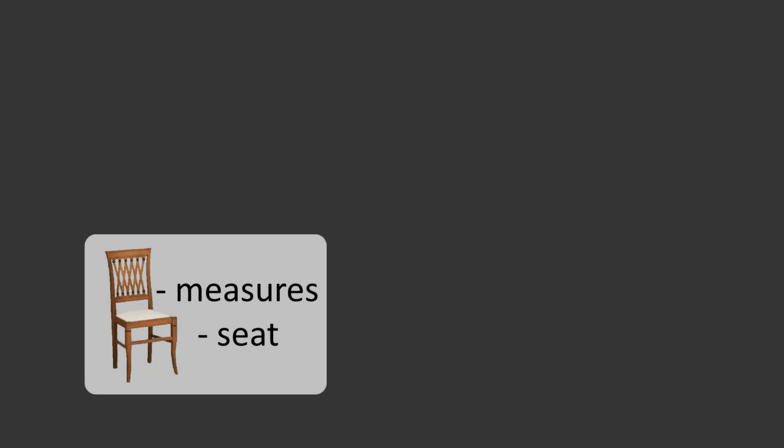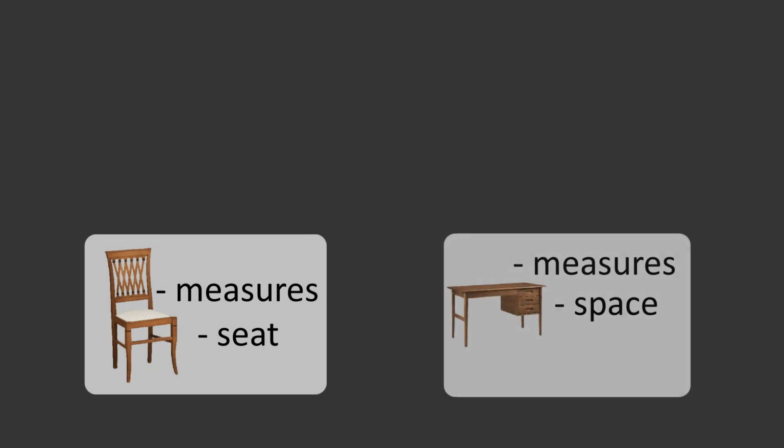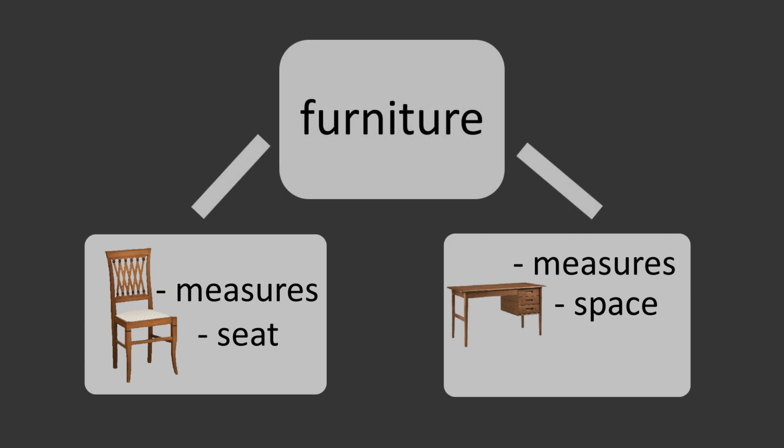So, for example, if you want to make a class called chair and another class called desk that both have an attribute called measure, then you can simply make a so-called base class, and call this one furniture if you will, in which you specify all the attributes that your child classes have in common, so you only have to